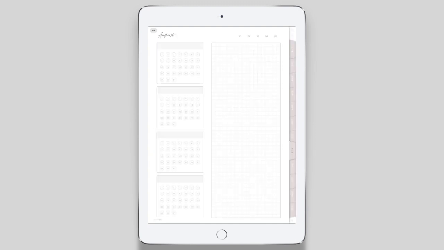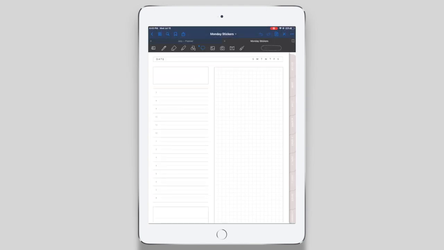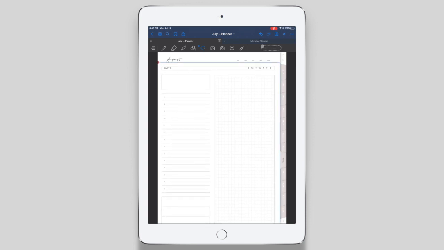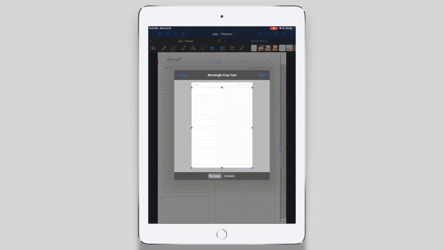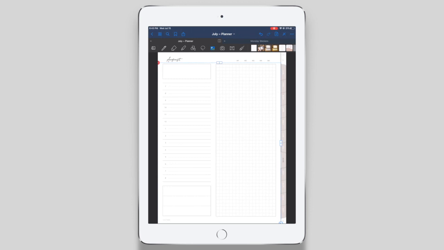Using the August dashboard as an example, this is what it looks like beforehand. And in our sticker book, we're gonna copy the daily plan sticker and paste it over top of this dashboard. But before I do a final placement, I'm gonna switch over to the image tool and we're going to crop it. And so what this does is it leaves the weekly navigation and the jump back to the monthly link at